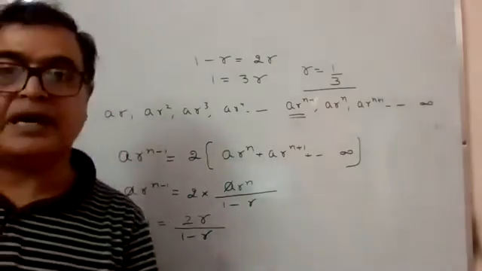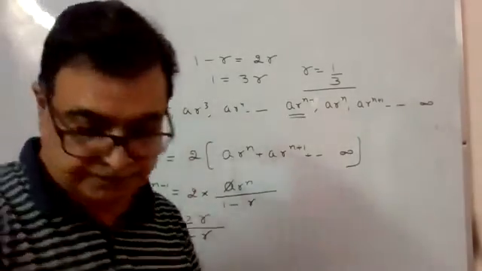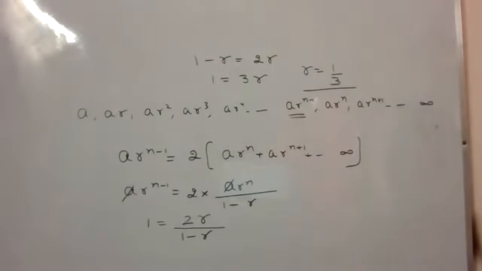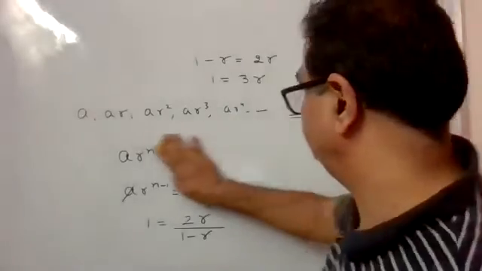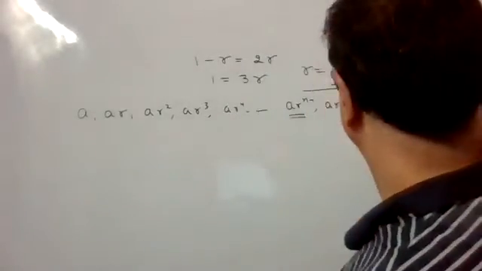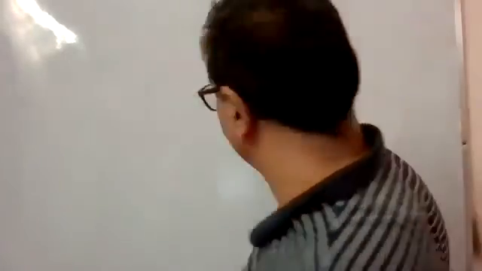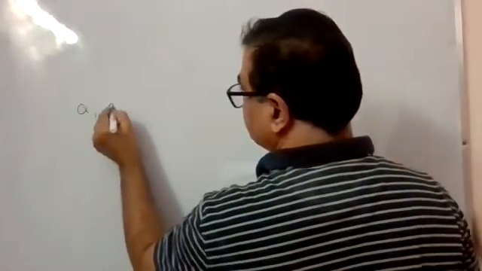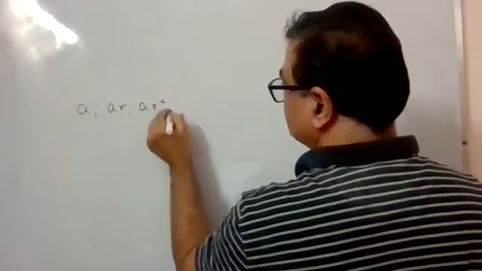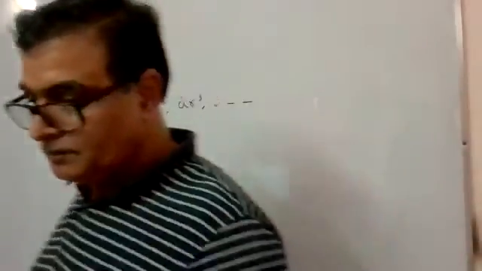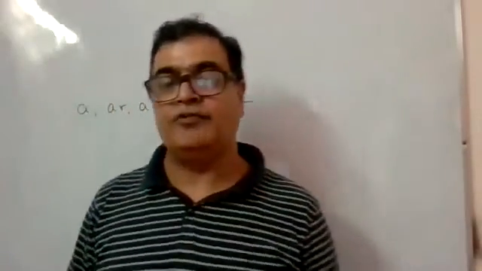Now coming on next part, that is properties of GP. Write first property, please. If all terms of a GP be multiplied or divided,